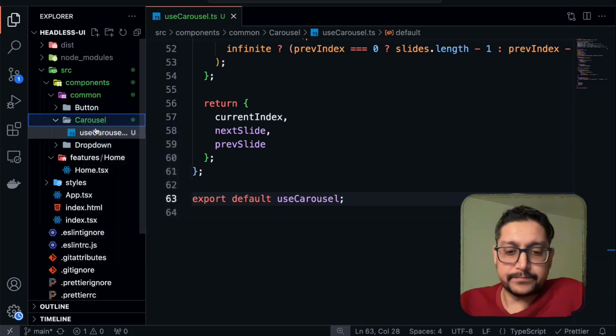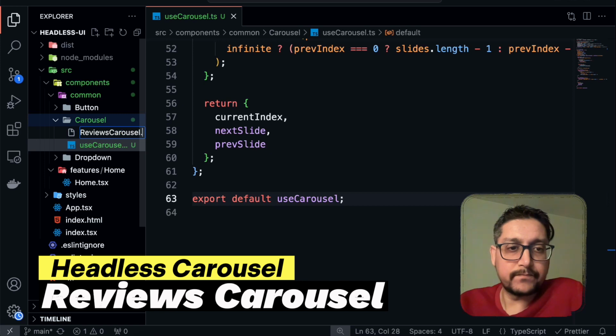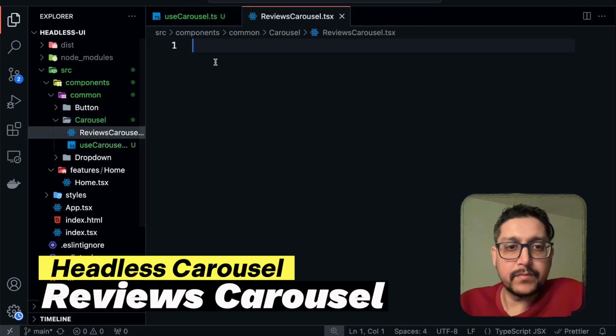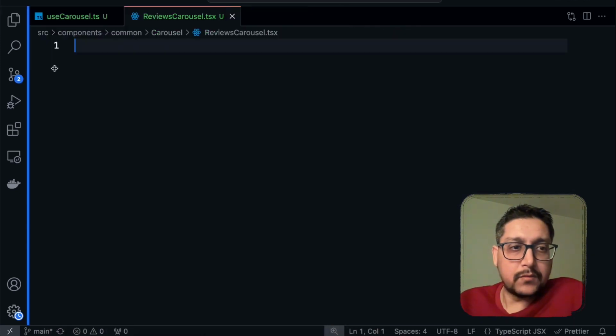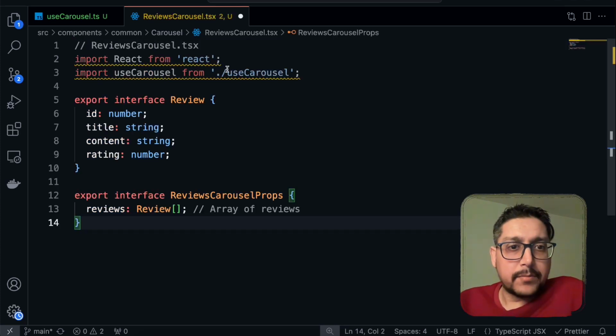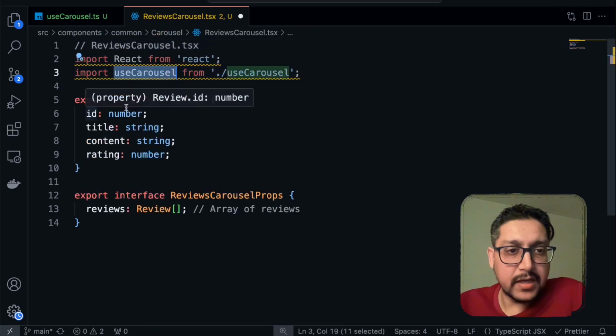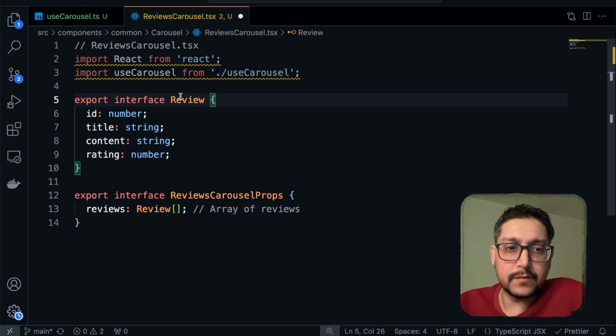So we will start with creating, let's call it ReviewsCarousel. And we will use our carousel hook here. I'll quickly paste the code here, in which we are using our custom hook, and we are defining some very basic interface for the